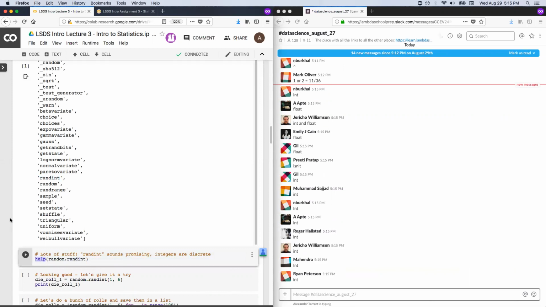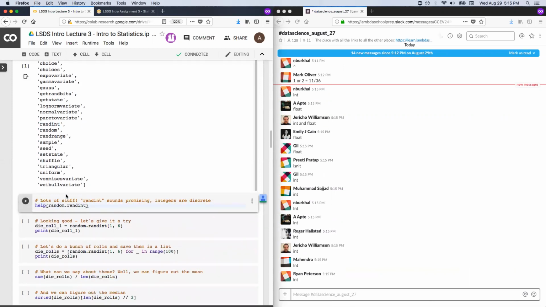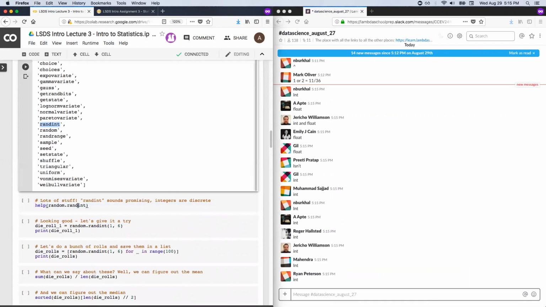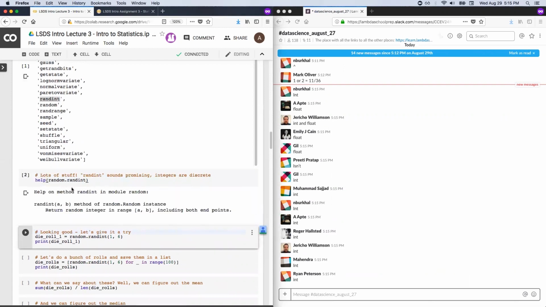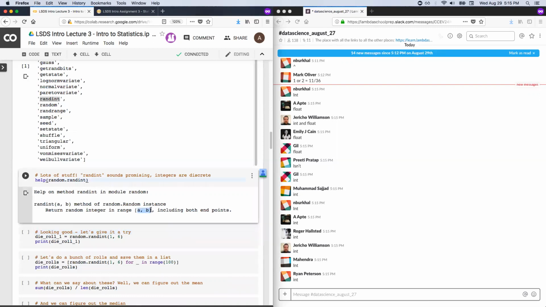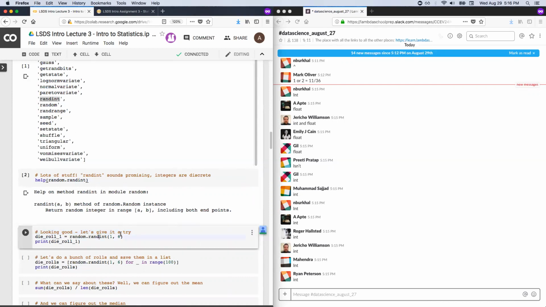Now I get to show you my other favorite little Python REPL function, help. So we're like, okay, we found this thing called randint. The name sounds good, but the name's not enough for us to know what we're going to do. If you call help on anything, really, in Python, you get a little bit of help. And what does it say? Well, randint takes an A and a B, and it's a method that lives in random.random, and it returns a random integer in the range A to B, including both endpoints. Perfect. That's exactly what we want. We want a random integer from the range 1 to 6, including both endpoints. Let's give it a try.